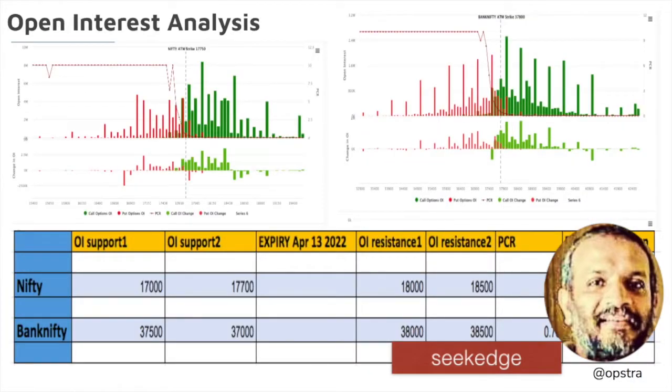Open interest analysis is showing some unwinding happening on the call side as well as the put side today. Right, there's unwinding on the call side here. So overall it indicates more bearishness, but expiry has 2 more days to go. It's a short week today. Right? Expiry is not on Thursday, it's on Wednesday, and the remaining 2 days are holidays. So the time decay benefits can come in, right? So trading tomorrow would be as good as trading on a Wednesday,